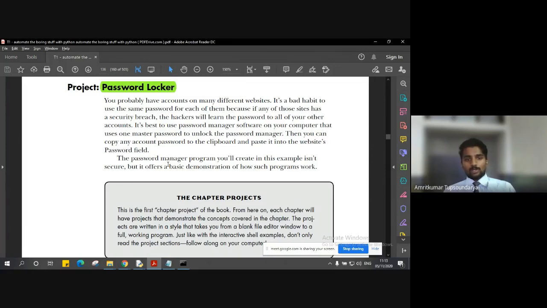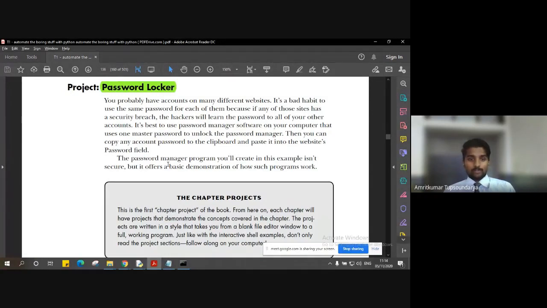When a person has a lot of accounts, it becomes difficult to remember all the passwords, right? If you have few accounts, you might remember them, but when you have many bank accounts and many different types of accounts, then remembering all the passwords becomes difficult, right?